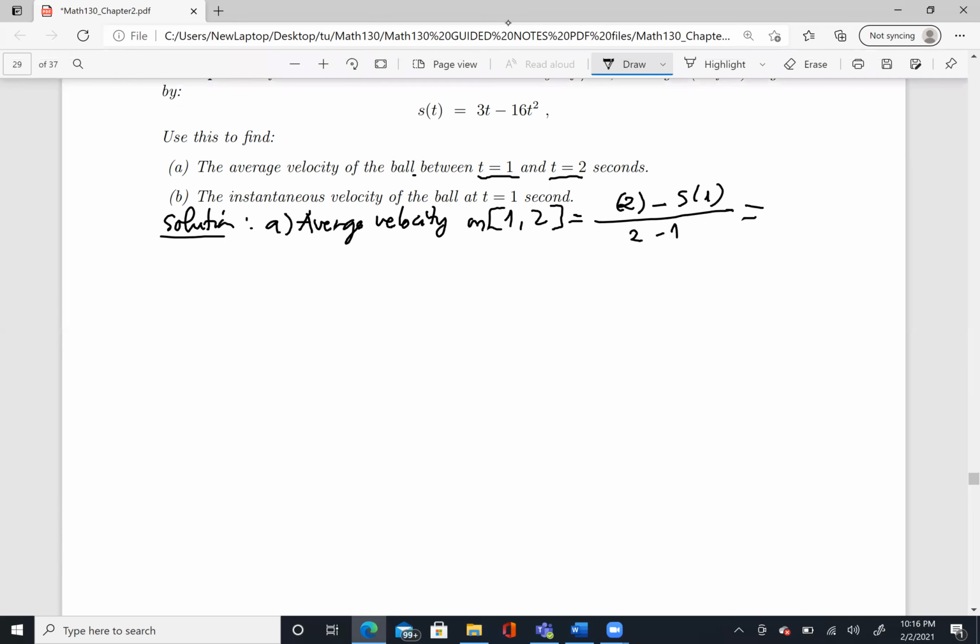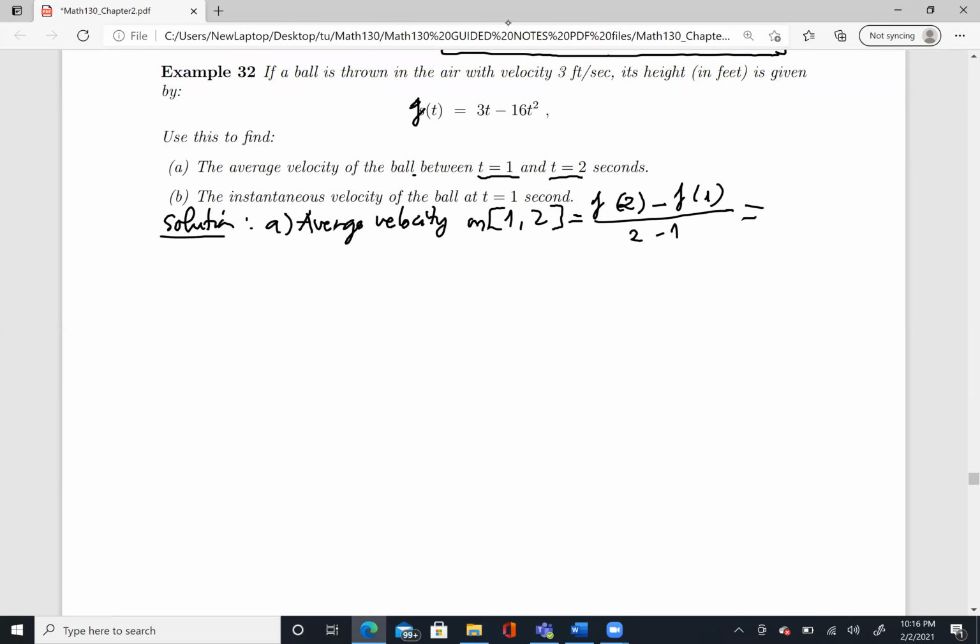You know what, I'm going to make it look more like an f, because sometimes s looks like the number 5, and I don't want you to misunderstand that. So this is f(2) minus f(1),